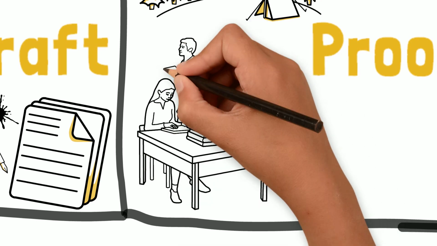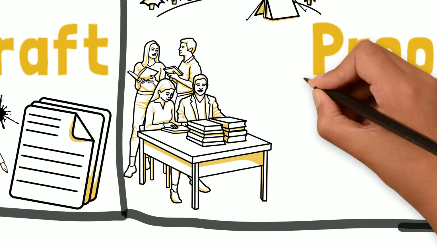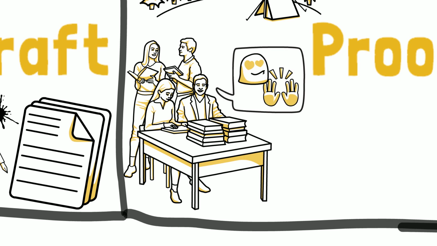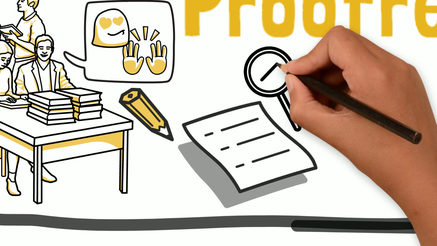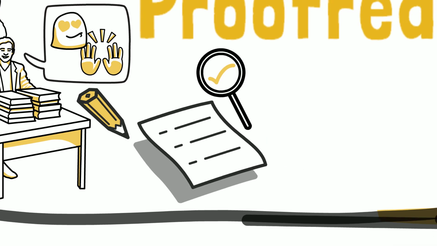External feedback is especially important at this stage, so try to gather as many opinions on your work as possible. Proofreading is also essential at this stage to make sure your piece is as presentable and accessible as possible.